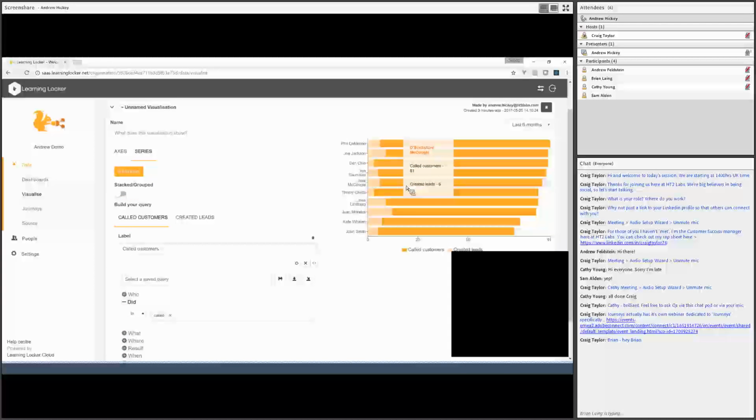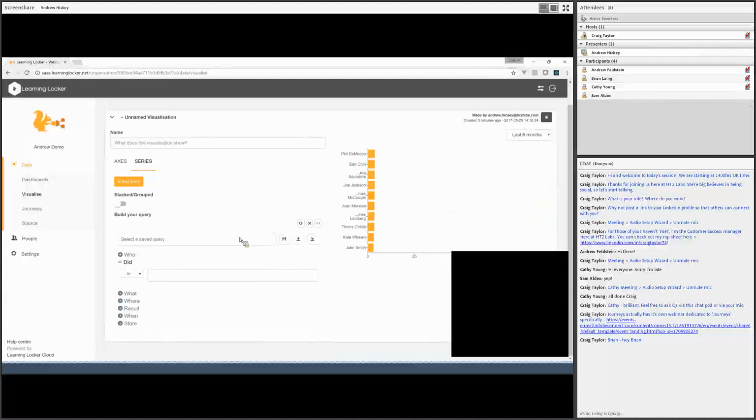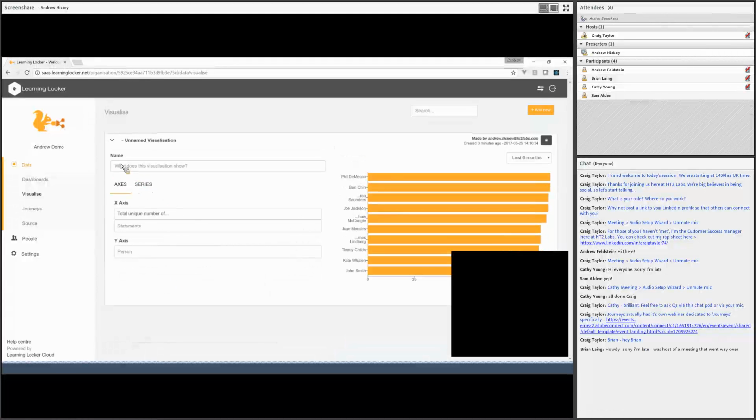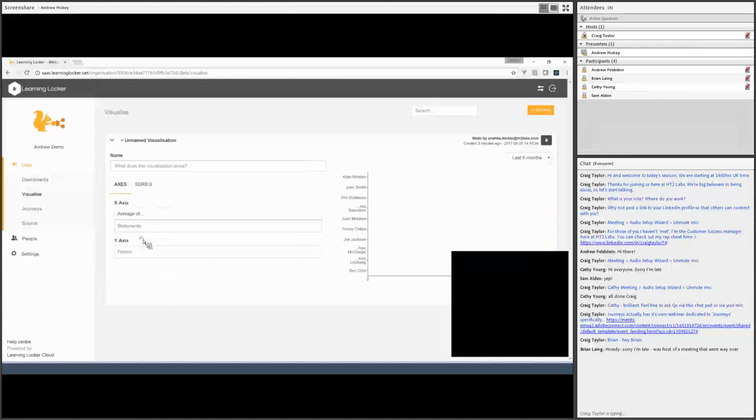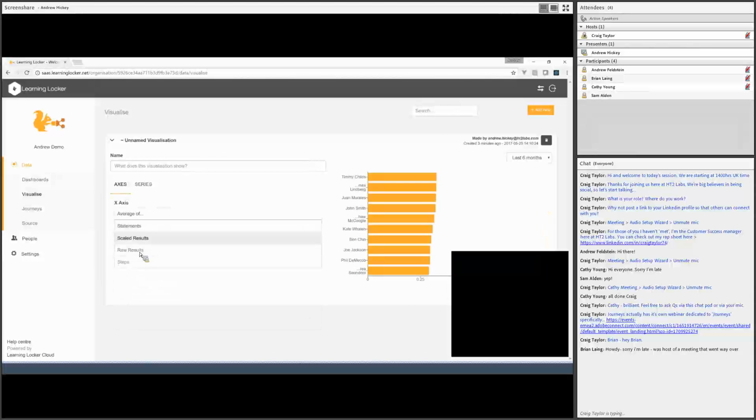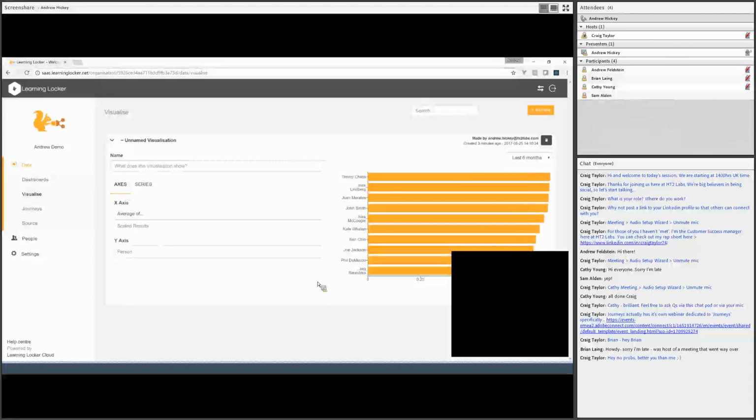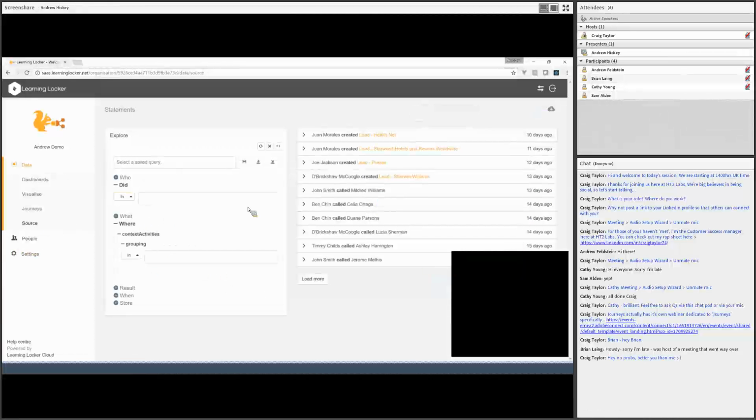That's not the only thing we can group by. So here we're just counting statements. I'll delete these to show me everything. I might want to take the performance in a different area. So I'm going to look at the average of their scaled scores. So if we jump back to the statement, it's good to know where all of this stuff comes from,